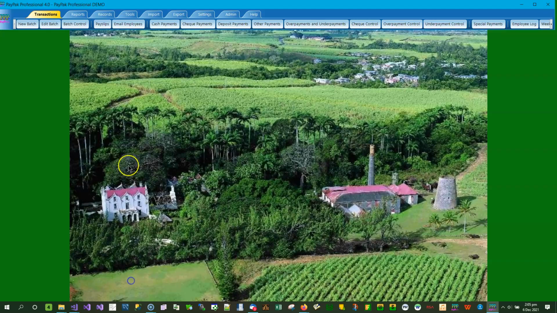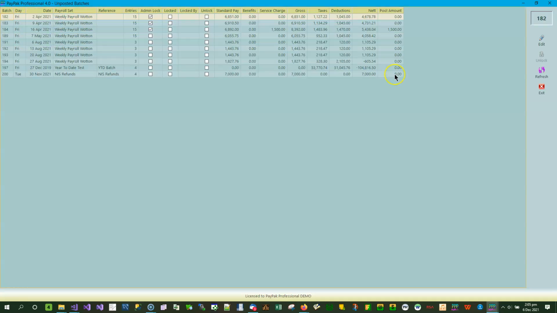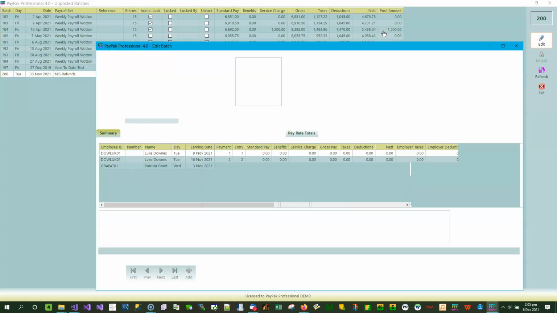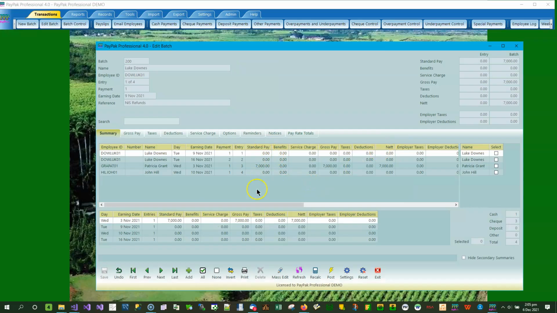Now, the next thing you would do is edit that batch just as you would edit any normal batch. Now it says here NIS refunds, and it has $7,000 as the gross pay. Now let's edit that batch and take a closer look at it. And everyone has 0 except Patricia Grant. Now the reason for this is